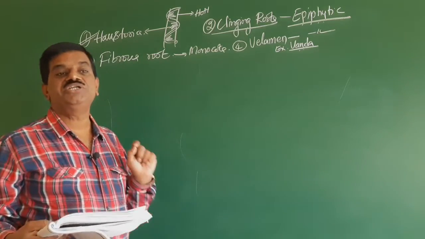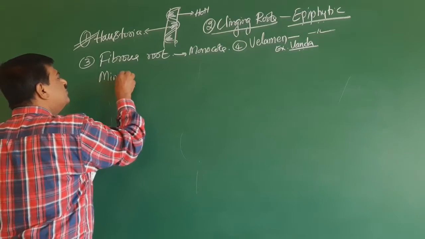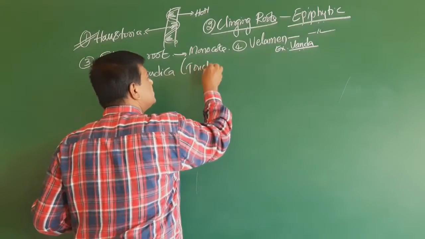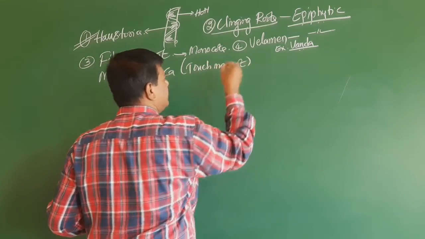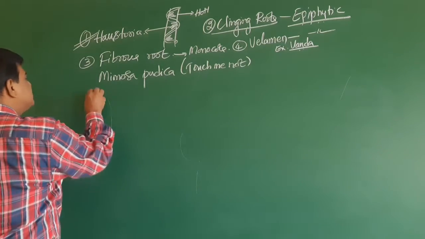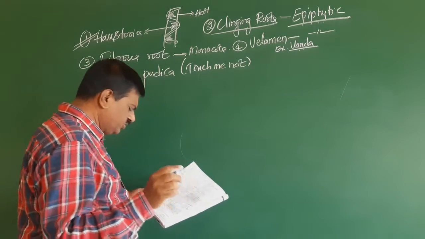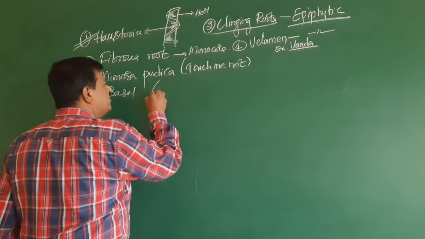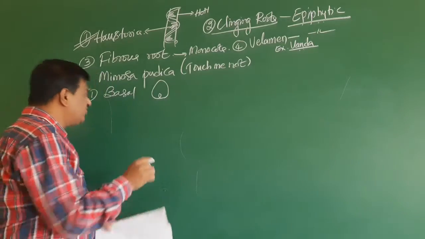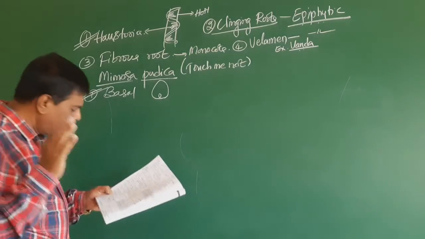the placentation is. So here the word Mimosa pudica is called touch me not, called as touch me not plant. So in this, the placentations are, the first option is basal placentation. So here in a basal placentation, we know that there is a presence of ovules at the base. So first option itself is right. In Mimosa pudica, the placentation is called as basal placentation.